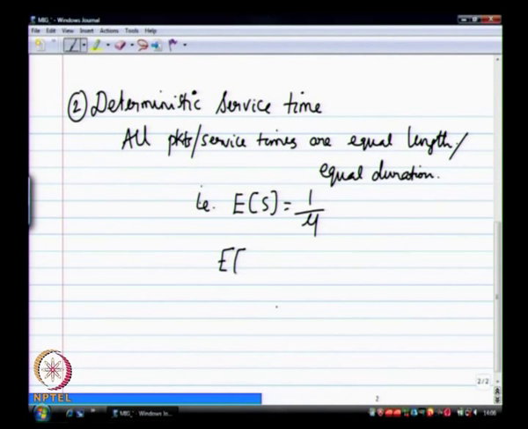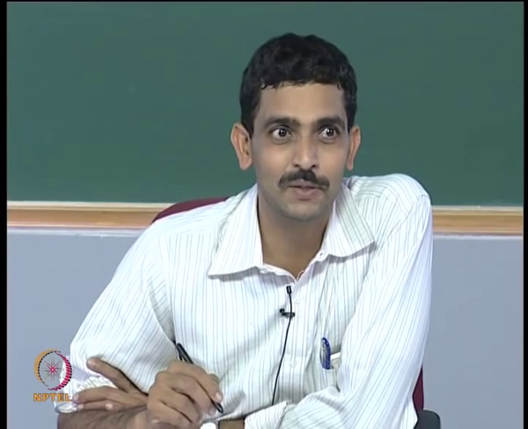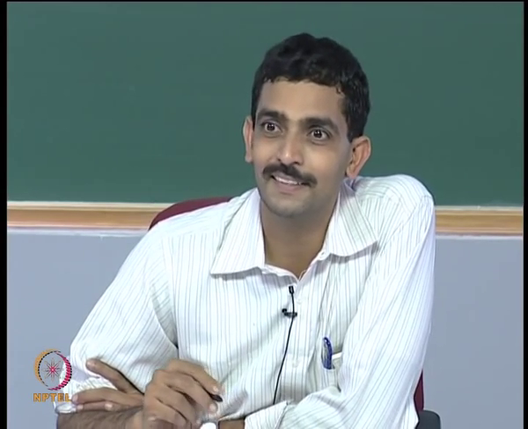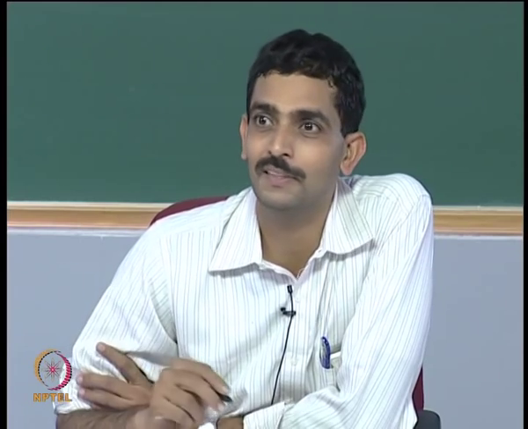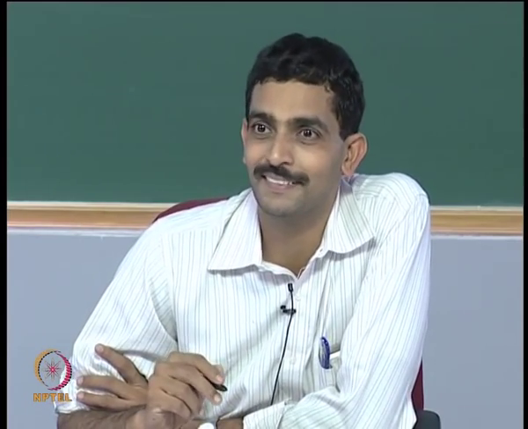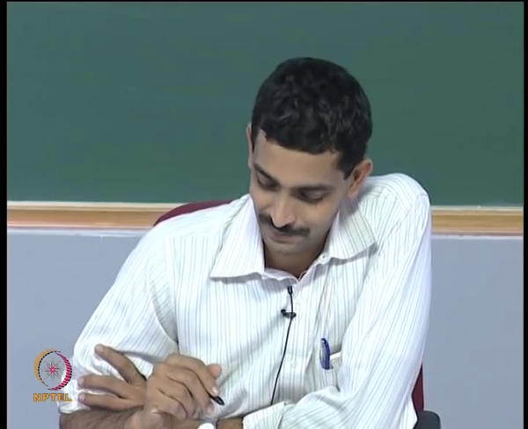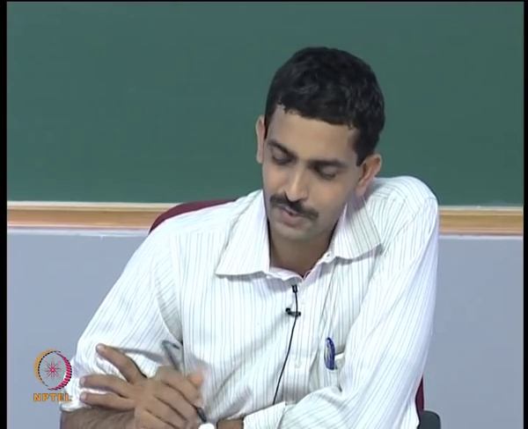And what is E of S squared now? E of S squared is simply 1 over mu squared. There is only one possible value, and that is with probability 1. What is E of x squared? For every value, it is f of x times the probability of x. In this case f is simply x squared, so x squared into probability of x. X takes the value 1 over mu, so 1 over mu squared into the only probability, which is 1. So this is from basic principles.